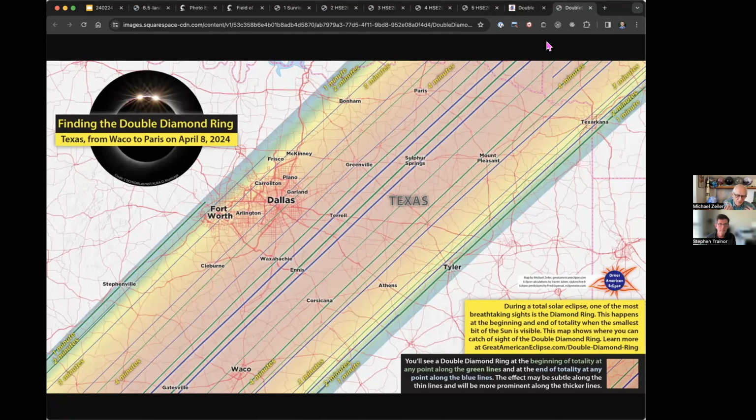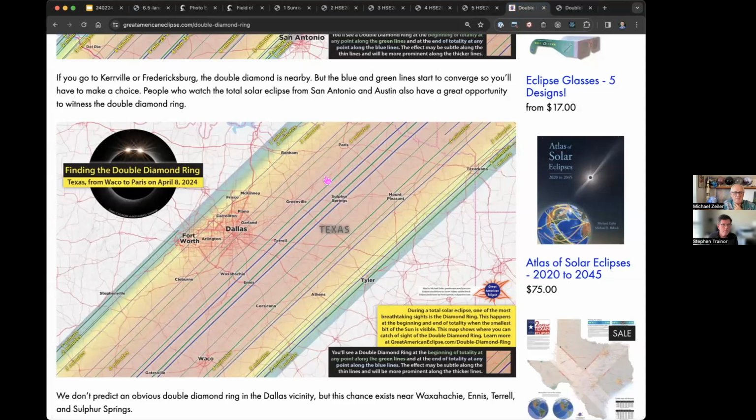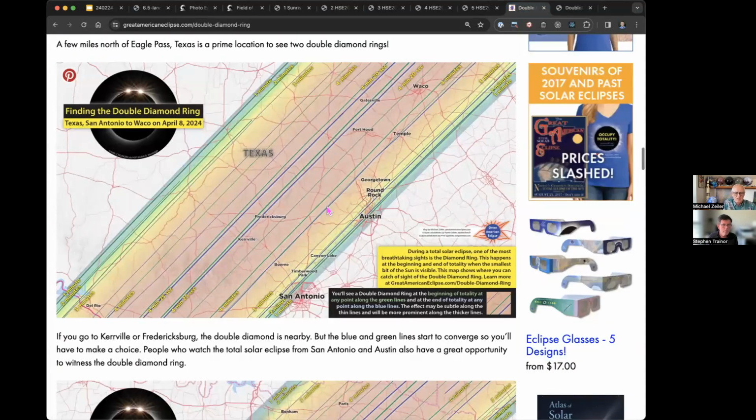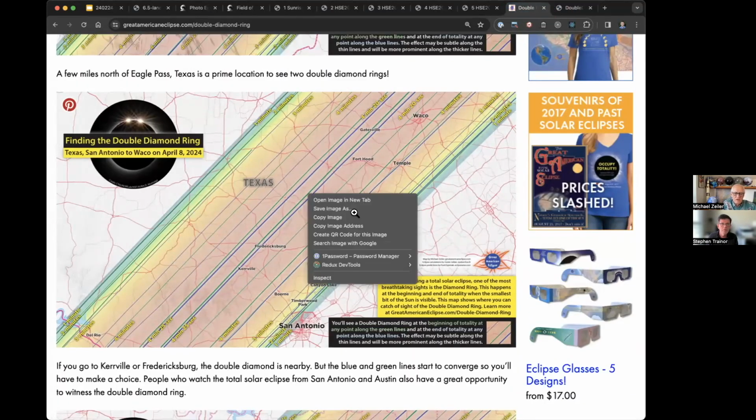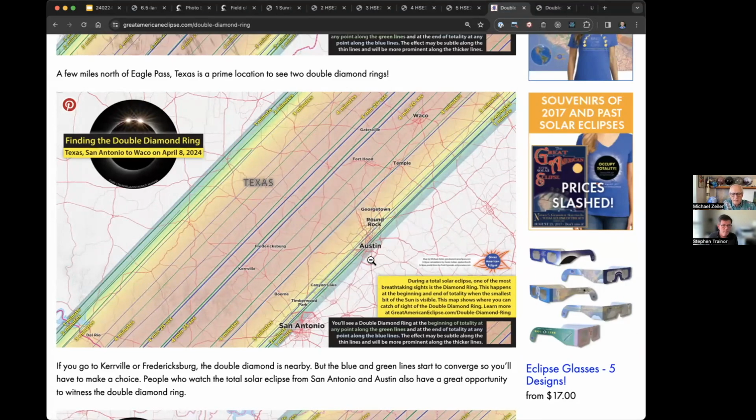And as for planning, of course, the number one factor in planning is choosing a site with good weather prospects. And the second most important factor is mobility. So that, for example, my location, can you go back one map? The location that I've chosen is Fredericksburg, Texas. And if you look at Fredericksburg,